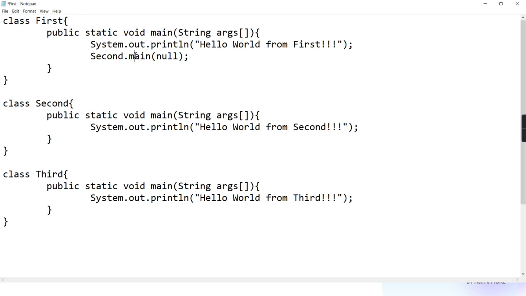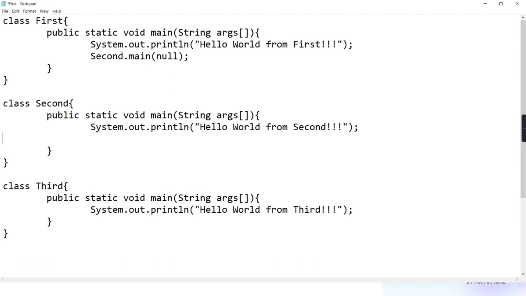Directly in the context of class name you can call. Yes. So I have used the class name dot main, so it will give call to this main. Within that, if suppose I write third dot main and I'm passing null, will this also do? Yes. Why? Everything is having an answer. Second main is not working now. Why is it not working?